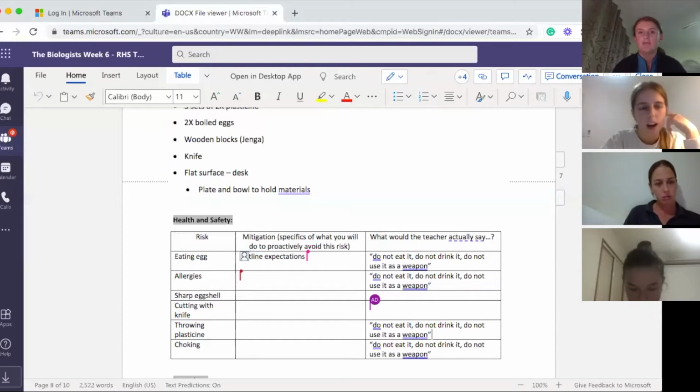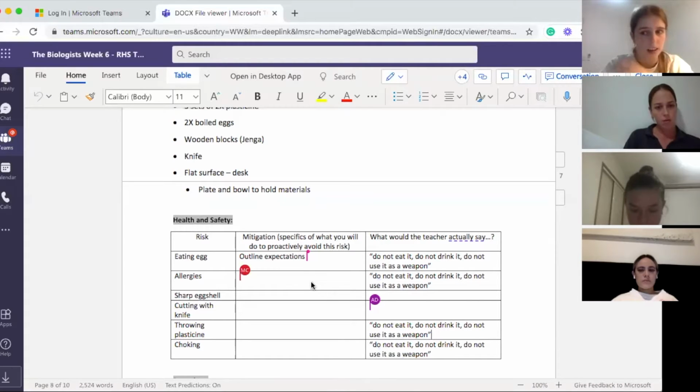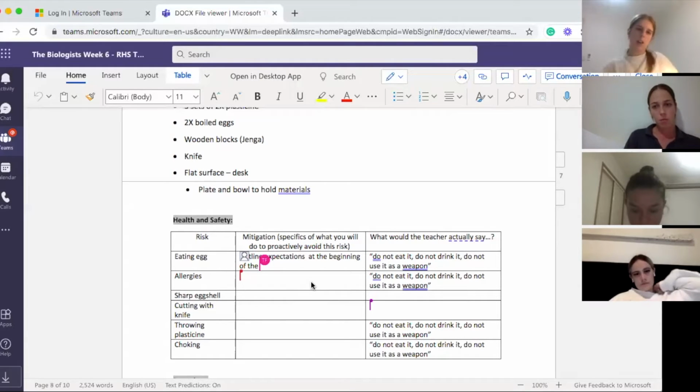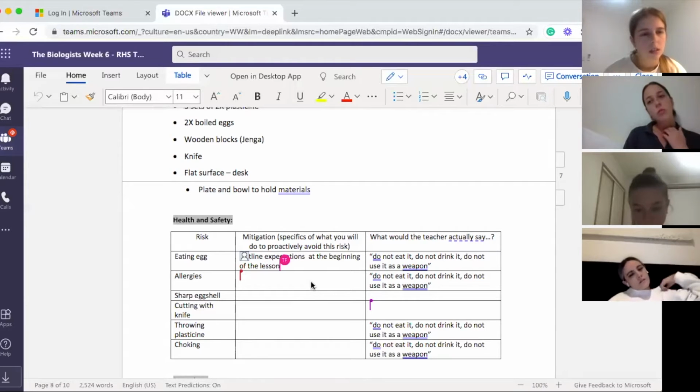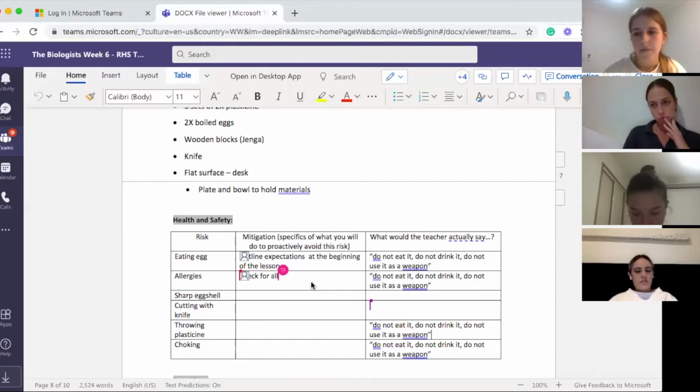If we could find an alternative, or just use the plasticine, I think we have to talk about this later anyway, but we could use something else instead of the egg for the second one. I thought about other foods, but then there's still that allergy risk. So we'd do different coloured Play-Doh, but then it'd have to be thin and like,